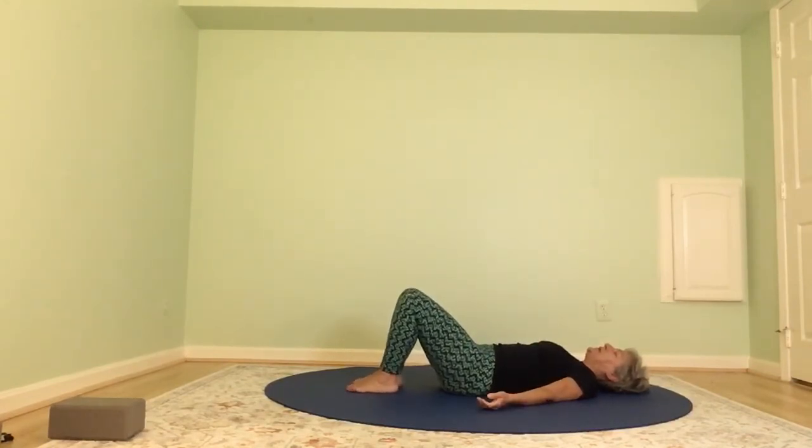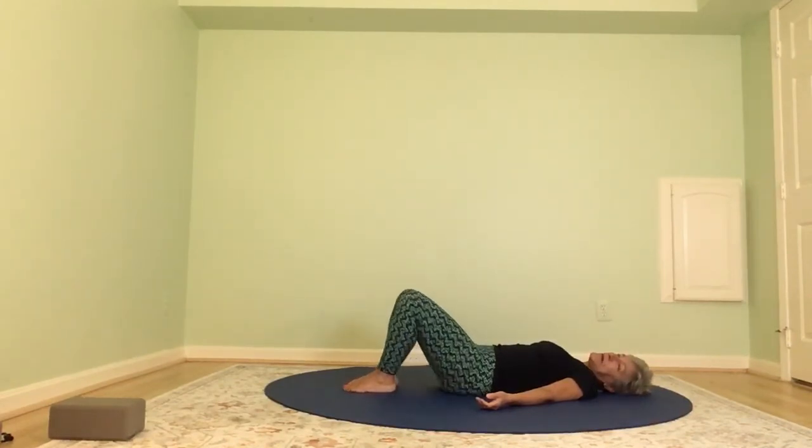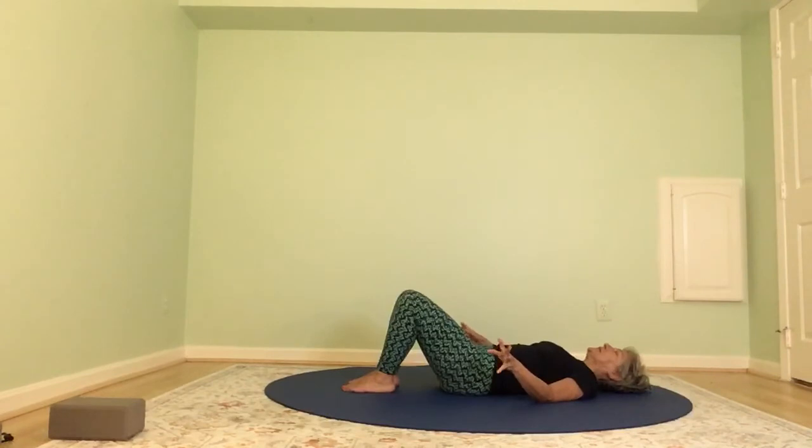Okay, let's have the feet about hip width distance apart and let the knees gently open and close. Little butterfly wings here. Coming back to center, working on the hands. Make a gentle fist, release, wiggle the fingers. Gentle fist, wiggle, wiggle. Release those fingers nice and wide. Bring them in and then rotate the wrists one direction